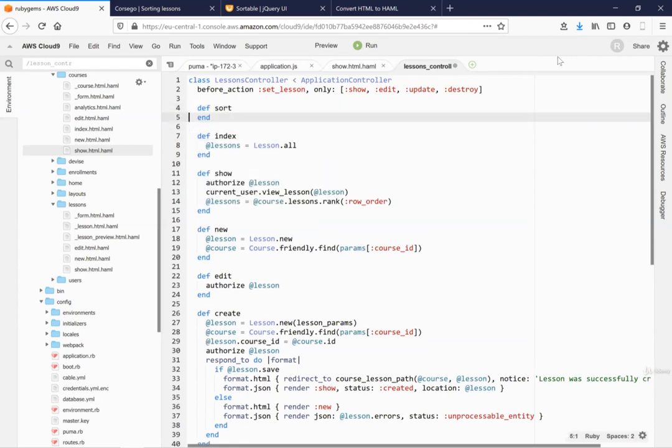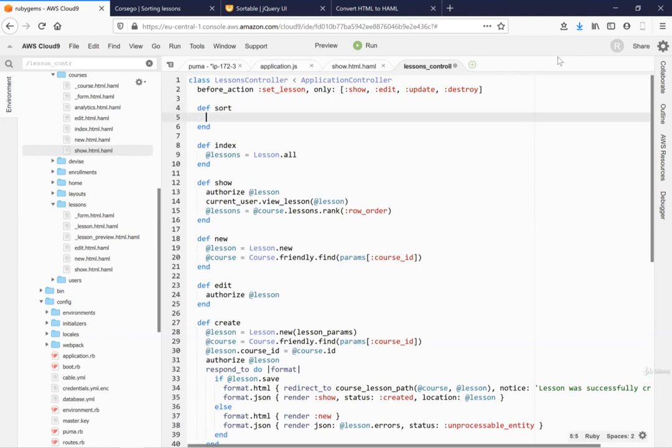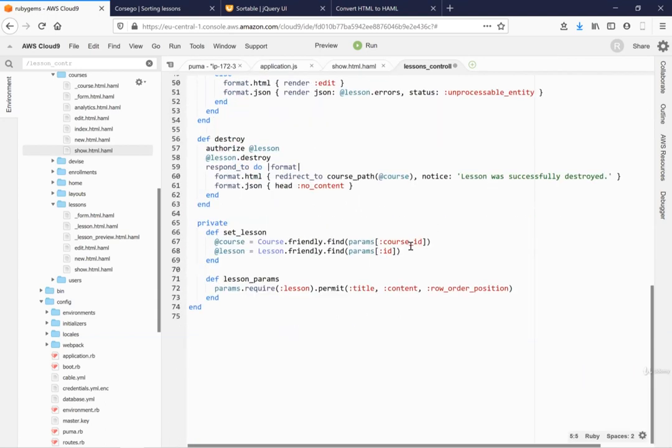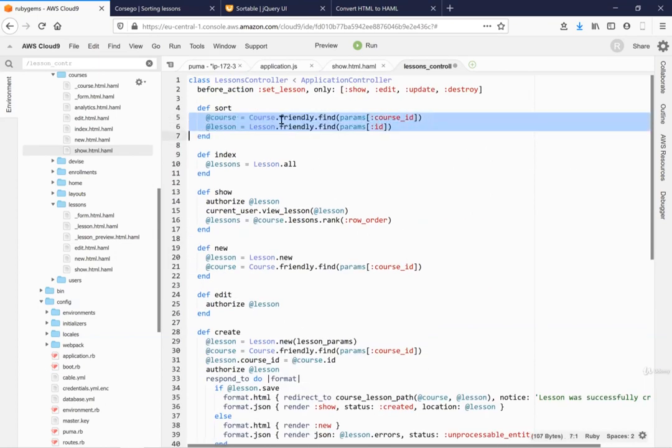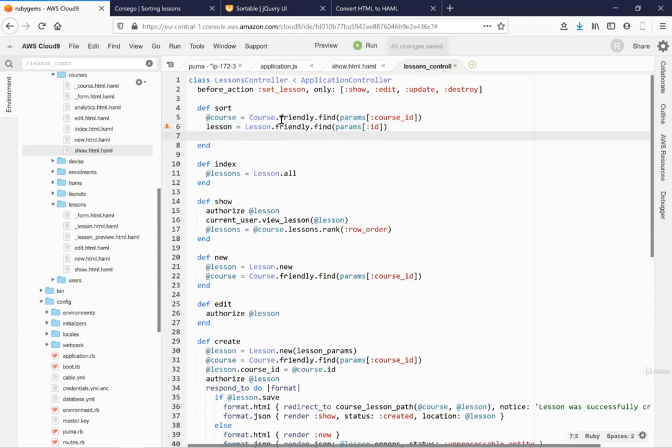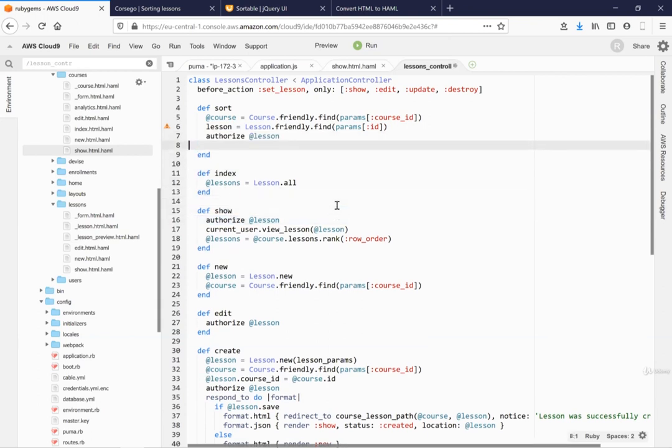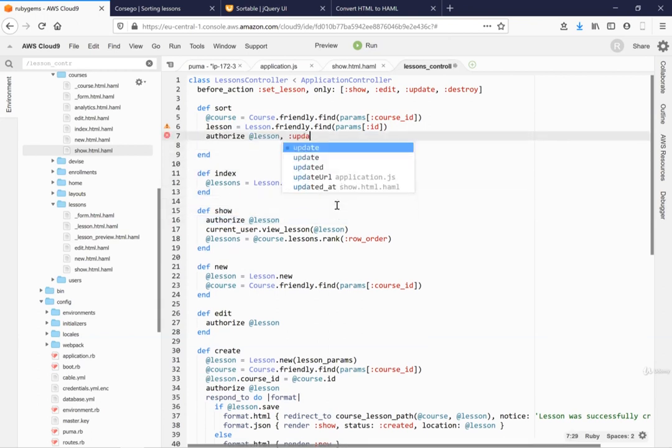Now we're going to grab the current course. So we'll take this current course and the current lesson. Like this. Now we'll take the lesson without the tag. And we're going to have this action work only on authorize lesson update,